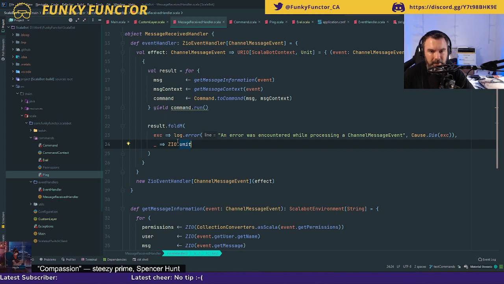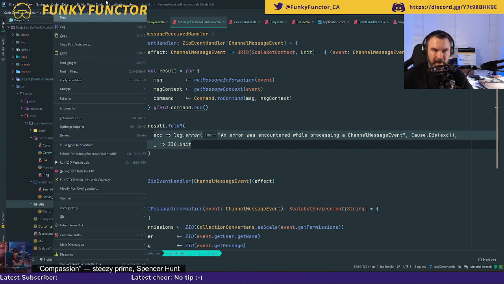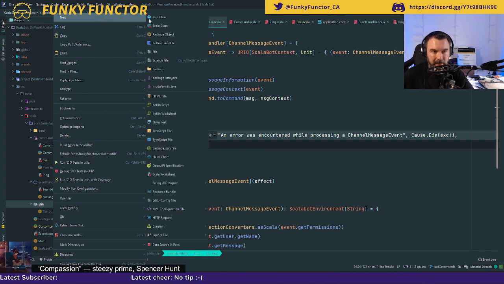So in the meantime, I see that what I want to do is very similar to that, and as usual, it's not good to repeat myself. So what I'm going to do is create a